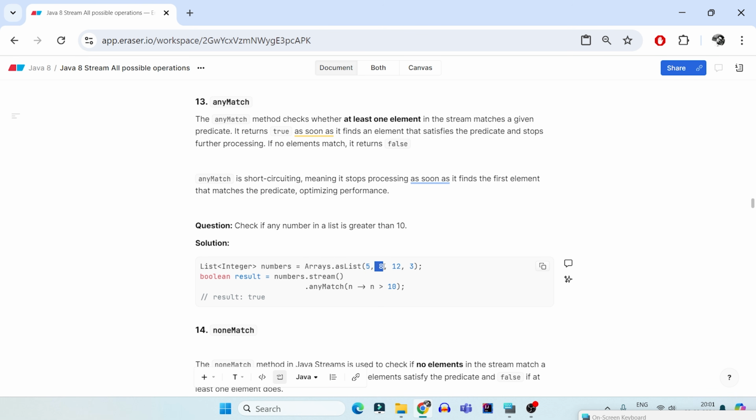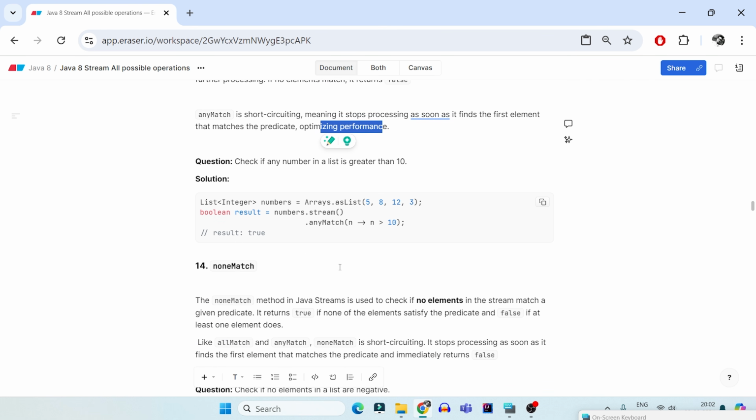No. Is 8 greater than 10? No. It goes ahead. Is 12 greater than 10? Yes. It will not go for 3 and more. It will just stop then and there and return you true. So that is again a short circuit operator. It stops processing as soon as it finds the first element that matches your predicate, thereby optimizing your performance.